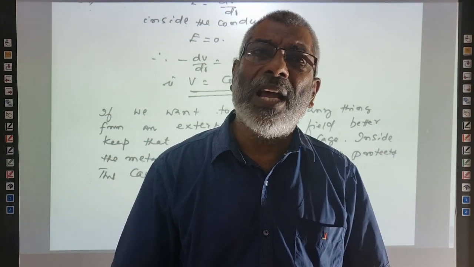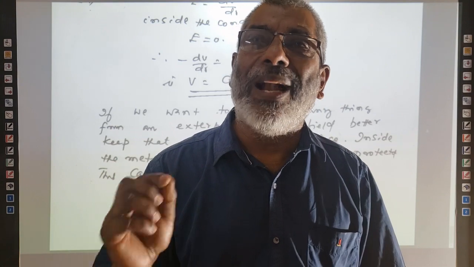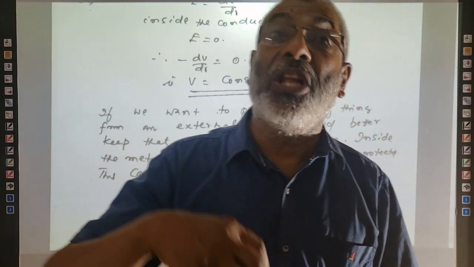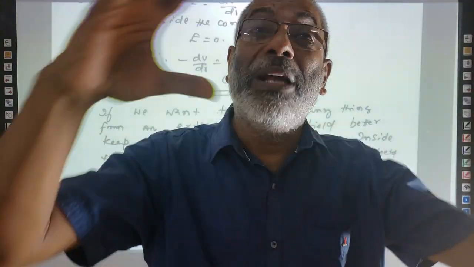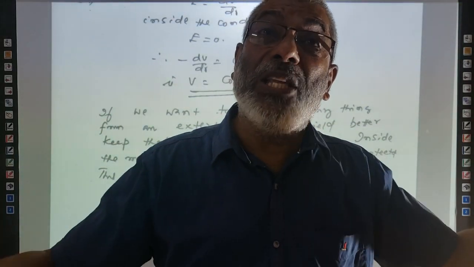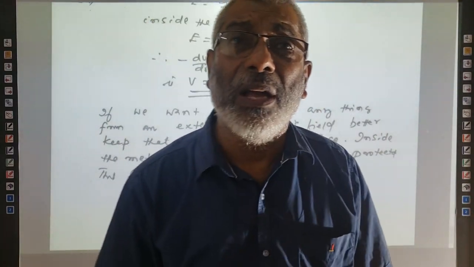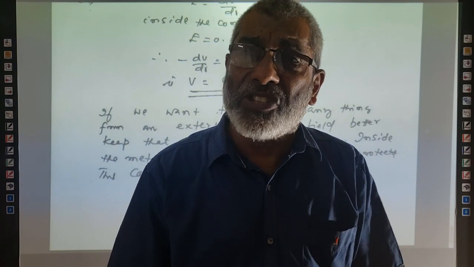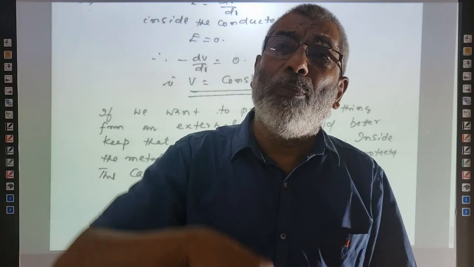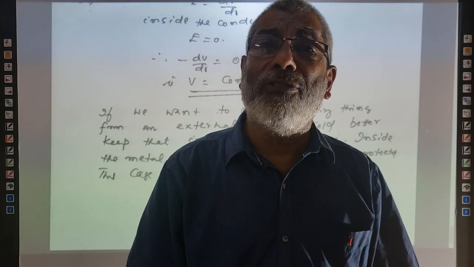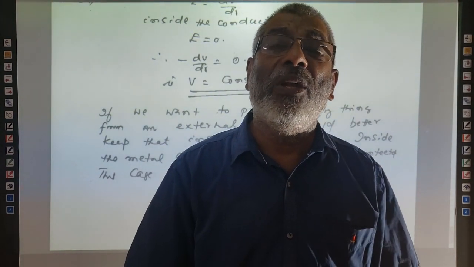So this is also called electrostatic shielding. Electrostatic shielding means when an object is very vulnerable, that has to be protected from an external electric field. What do you have to do? You have to keep that object inside a metallic cage. So if the metallic cage accidentally comes under an external electric field, the body gets charged, but the charge will remain only on the surface, and no charge will be inside the cage. Therefore, there will not be any electric field, and the object kept inside will be very, very safe.